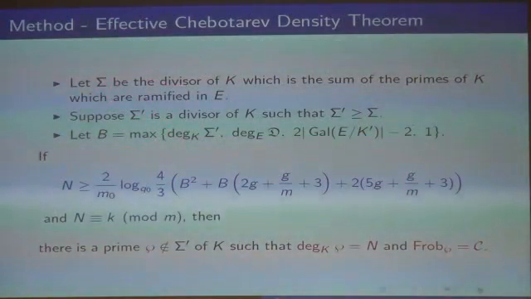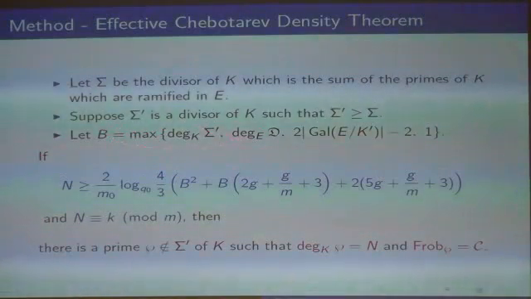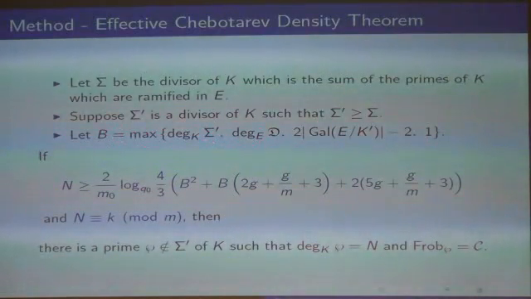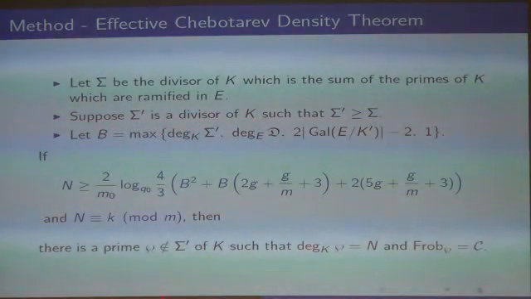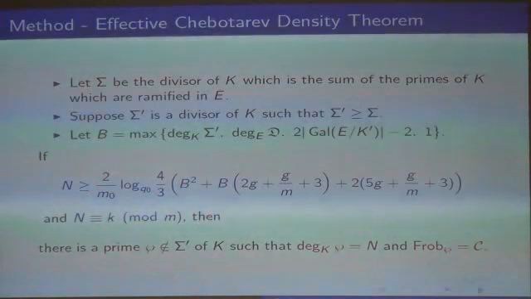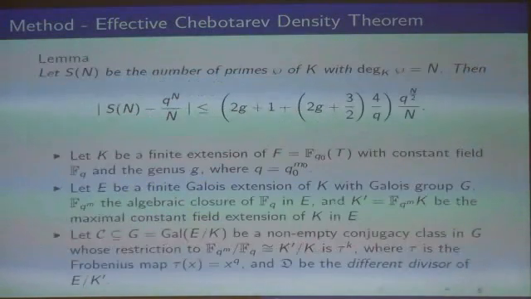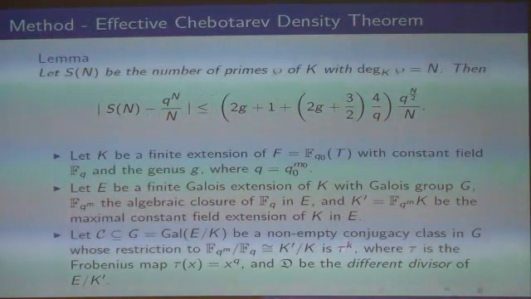So sigma is the divisor which is the summation of all the primes ramified in the extension E. Then the B value can be determined explicitly. When you have this function field extension degree, you can determine the ramified primes, and you know the different divisors. So these are explicit values. Then if n is bigger than or equal to this explicit bound, and n is congruent to k mod m, where this k is the previous k, the tau k part,